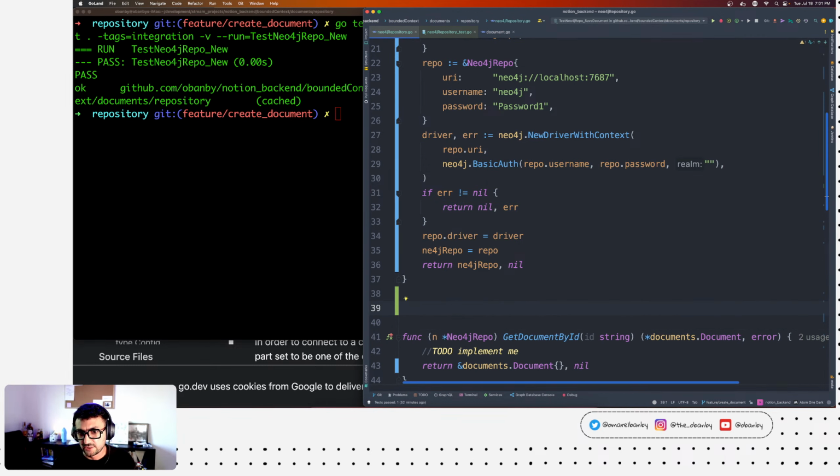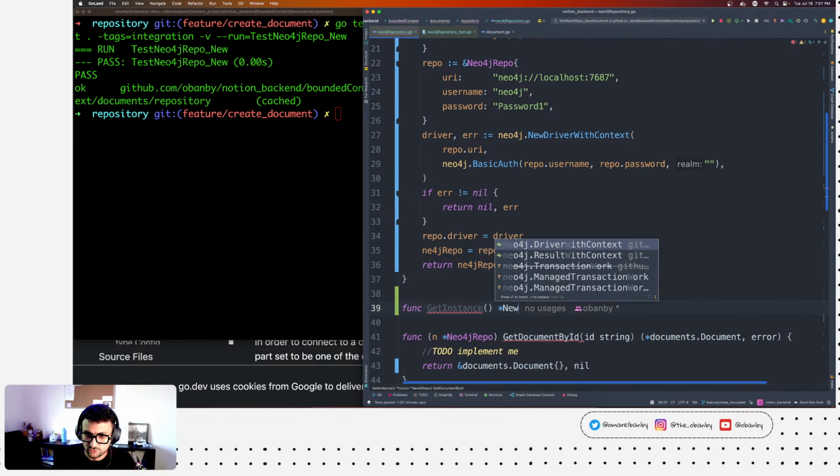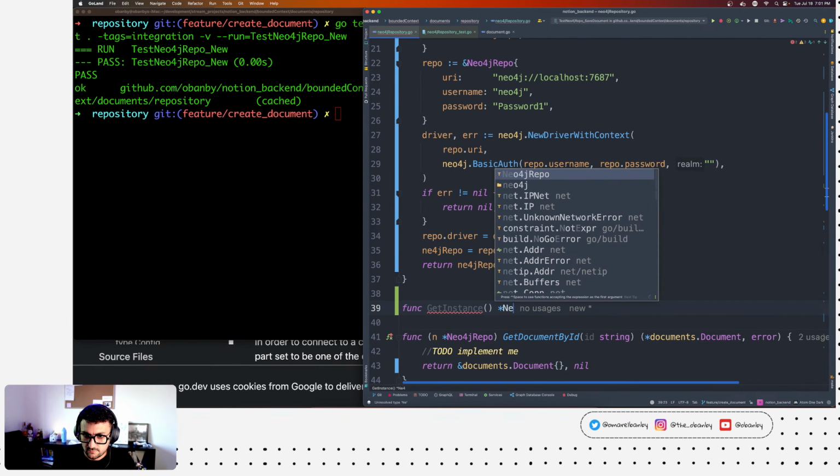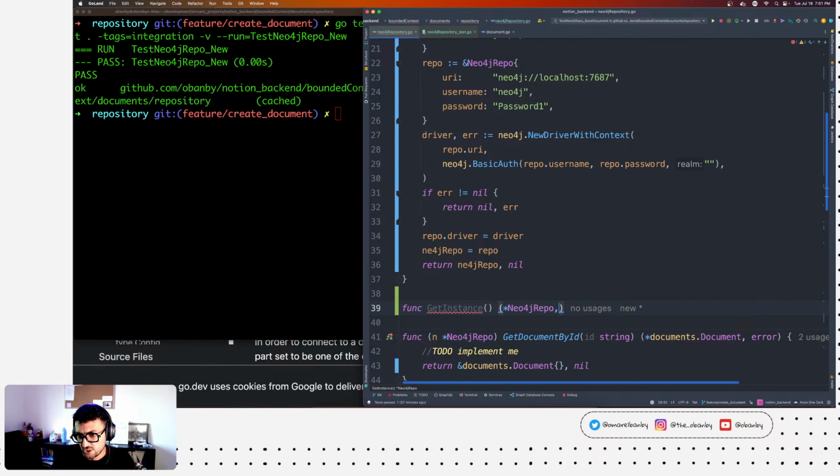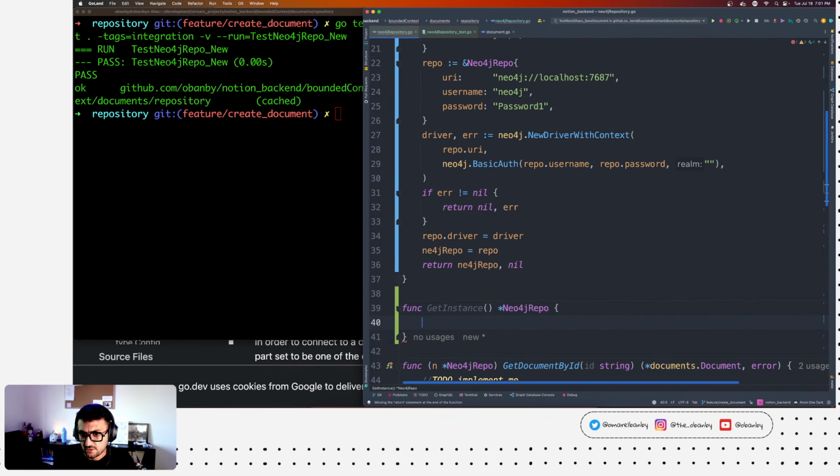And typically there is a function called get_instance in repositories in general that you can say return a Neo4j repo, and it wouldn't really return an error in that sense, right?